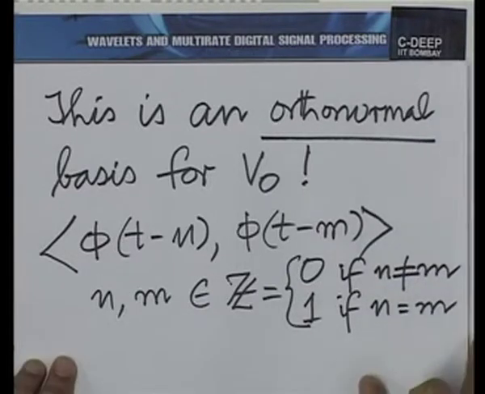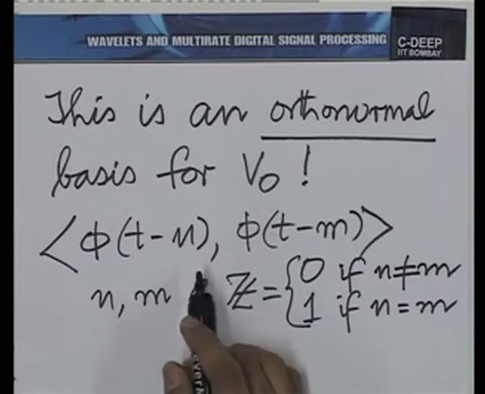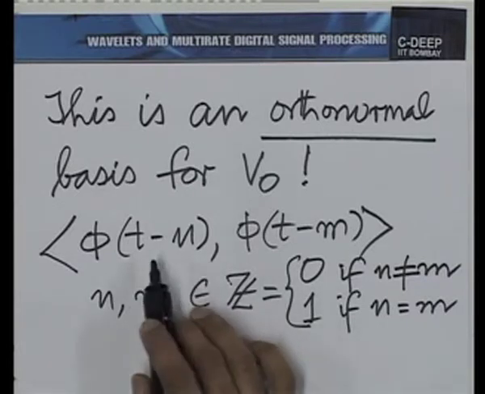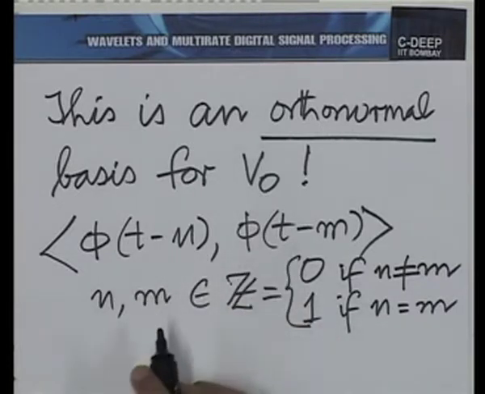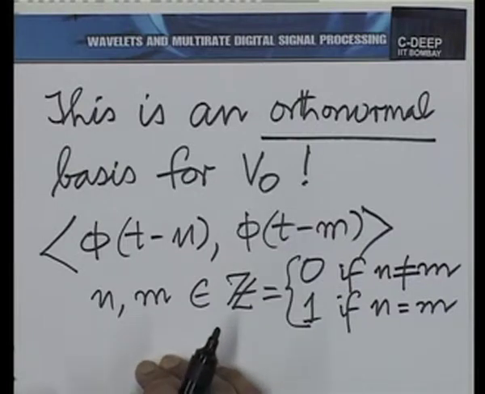All that you need to do is to calculate the integral in the product. After all, phi of t minus n and phi of t minus m are in fact non-overlapping when n is not equal to m. And if n is equal to m, they overlap completely, and then of course, the integral is just the integral of a rectangle of unit height over unit length. So, it is 1. Whatever it be,